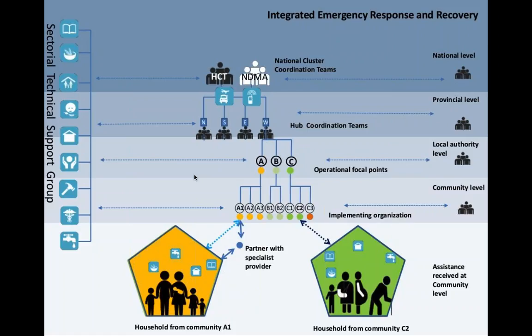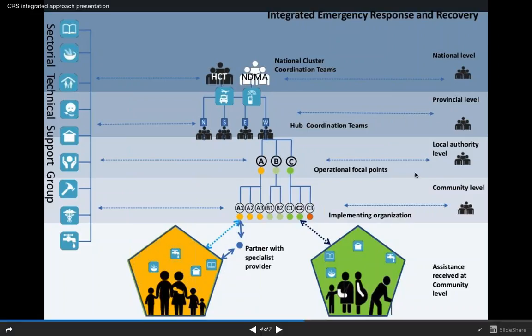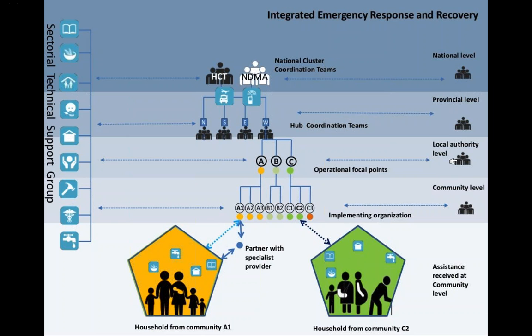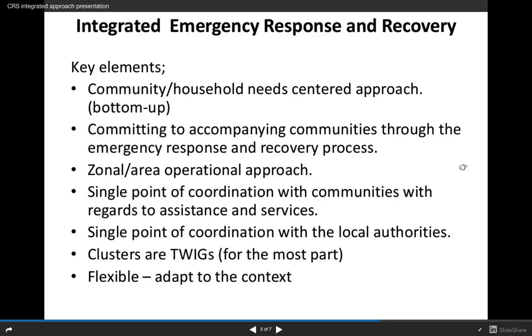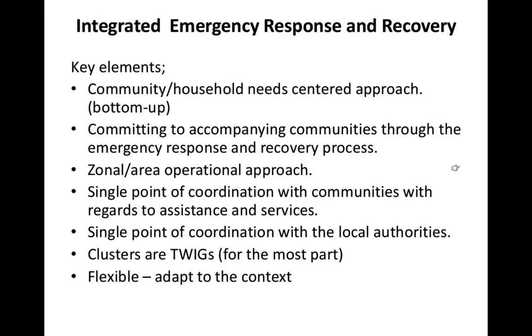We'll come back to that in a minute. What I'll do with the last couple of slides is cover some key elements of this integrated approach. The integrated approach is what ended up being done in Haiti, what was called a neighborhood approach. After a number of months working, a lot of agencies went into a neighborhood approach because of the difficulty in working through sectors in multi-zonal areas. Similarly in Nepal, the government had asked us to work in more of a zonal approach, doing multi-sectors, because it made more sense to them. They couldn't see why we needed to be doing multi-sectoral